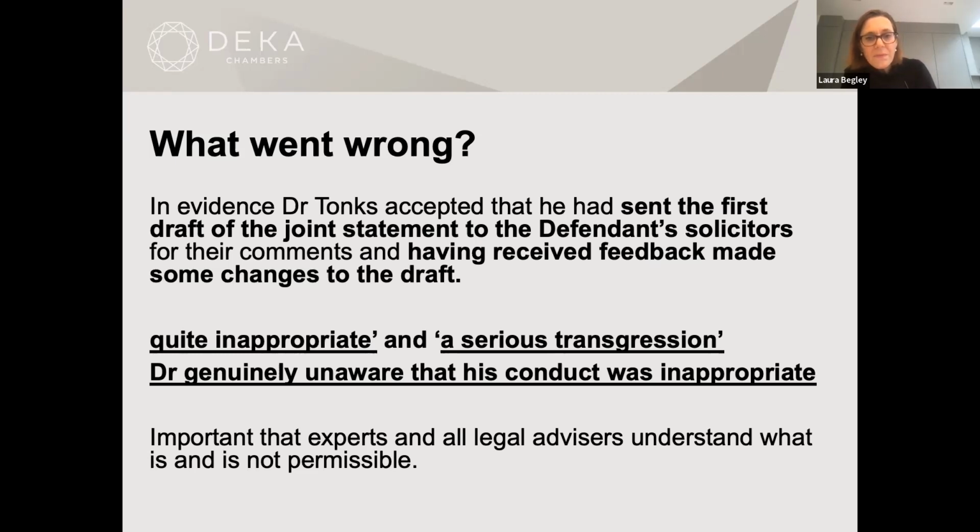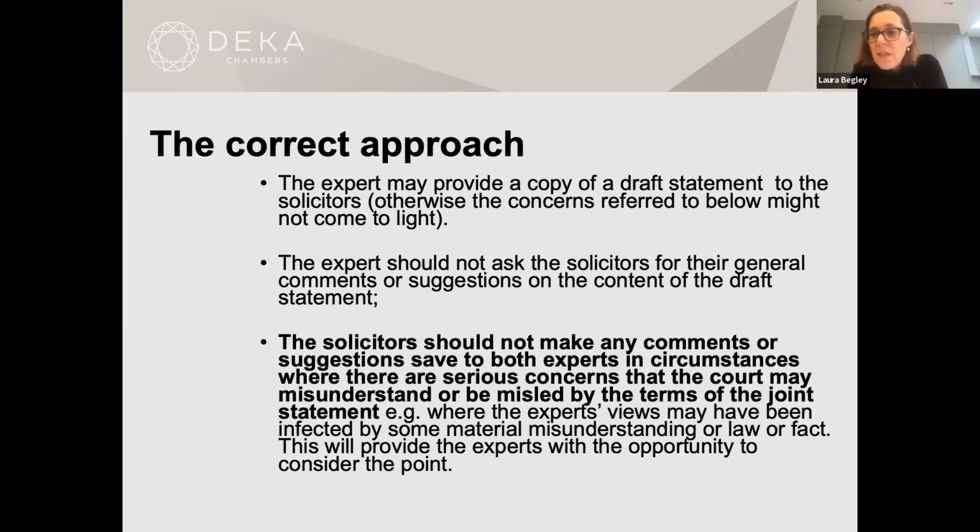So let's move on. The correct approach is that the expert can provide a copy of the draft statement. They should not, and they ought not, to ask for general comments or suggestions. And you shouldn't make any comments or suggestions, save to both experts in circumstances where there are serious concerns that the court may misunderstand or be misled by the terms of the joint statement. So, for example, if when you see it, you think, gosh, they've both misunderstood some central part of the factual matrix, which seems quite unlikely, but possible,